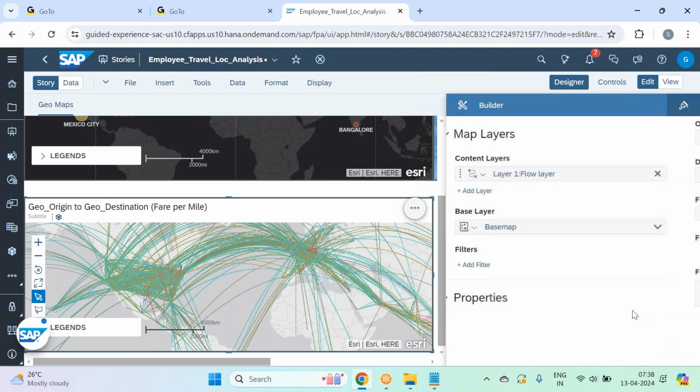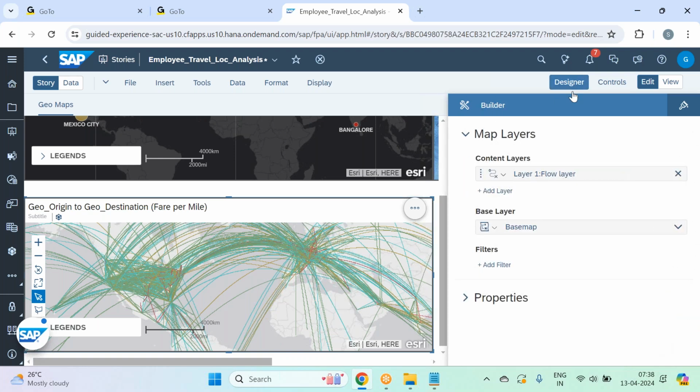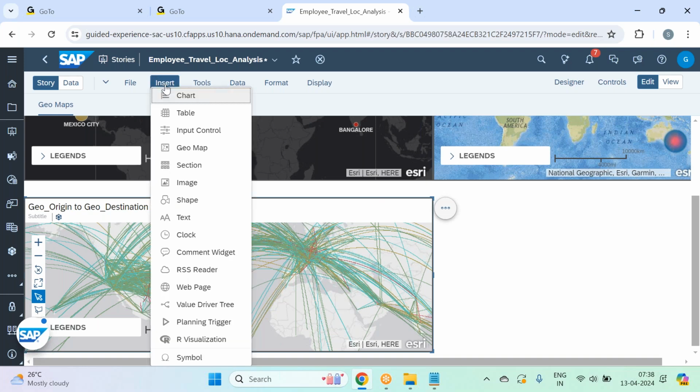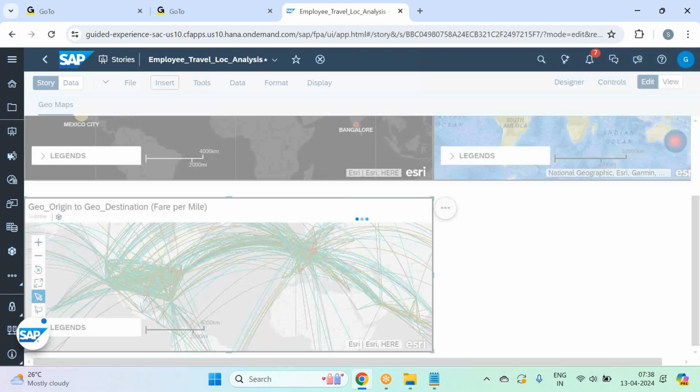So I created this map, guys. But here you see, there are too many travels happening. A lot of data, so too many travels. So it's quite confusing, right? So in this case, I'll create an input control. Let me insert an input control